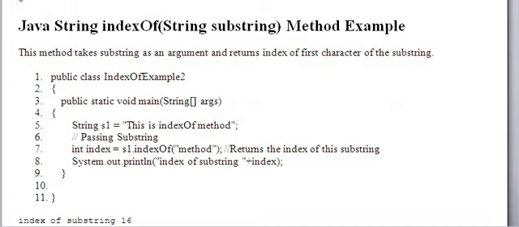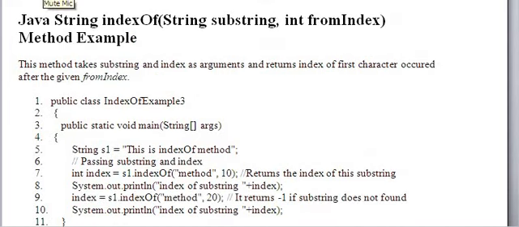So we have another demonstration program. Look at line number 7. s1 dot indexOf method within double quotations. So we have one more example.